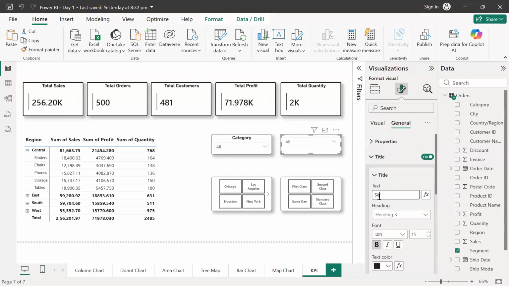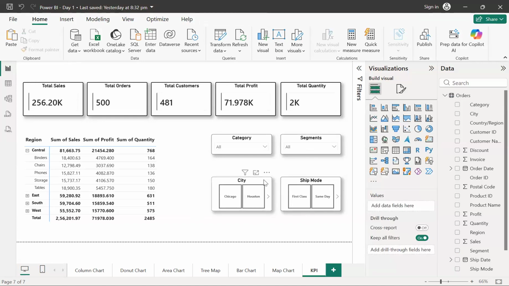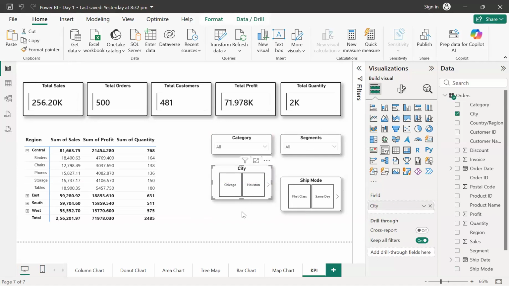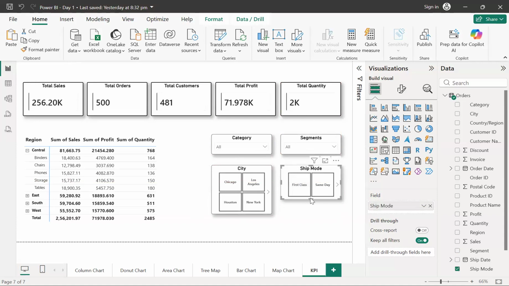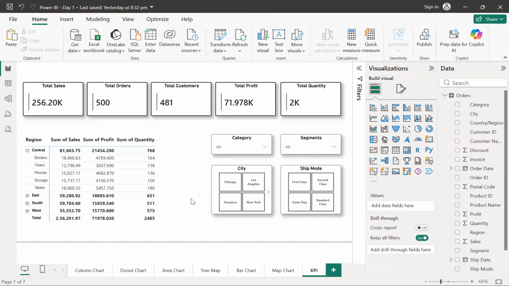I can just try to add it as segments. Okay. Now these two, I can take into the tile. Even the tile format looks good, because right now we have space, so we don't have that space problem. Sure. Now guys, yeah, now you can see that this looks much better. And let me also show you the advantage of having a title over here, and how my report page will be dynamic. So now let's say that we have this table, and right now inside this table there is a lot of information.